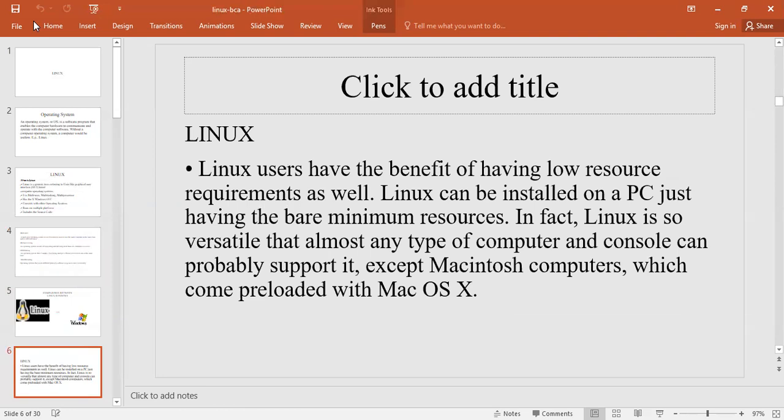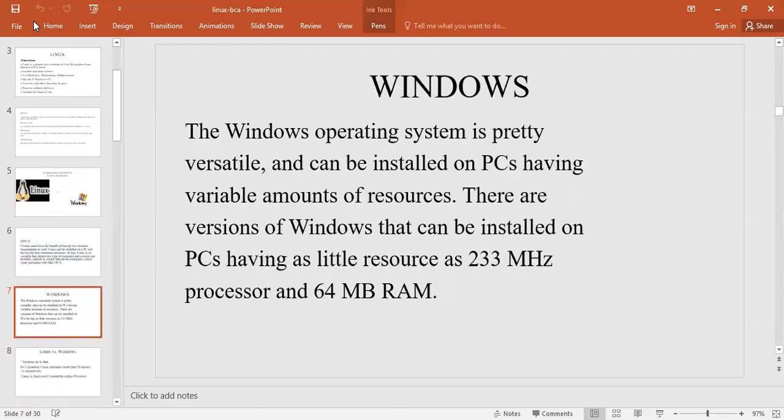In fact, Linux is so versatile that almost any type of computer and console can probably support it, except Mac computers, which come preloaded with Mac OS X. On the other hand, the Windows operating system is pretty versatile and can be installed on PCs having variable amounts of resources. There are versions of Windows that can be installed on PCs having as little as a 233 MHz processor and 64 MB RAM.